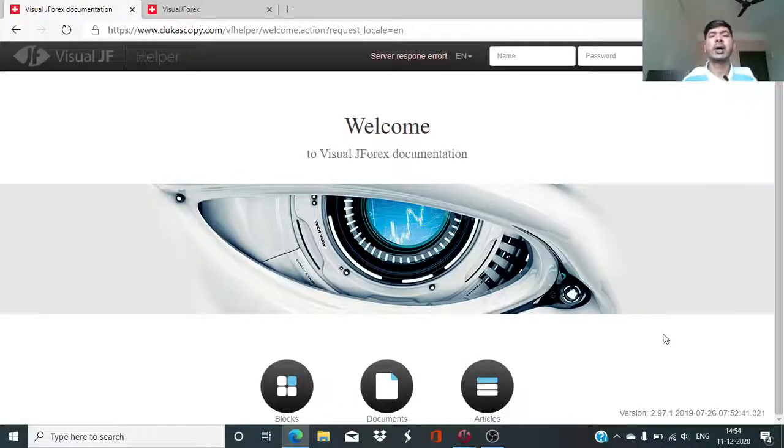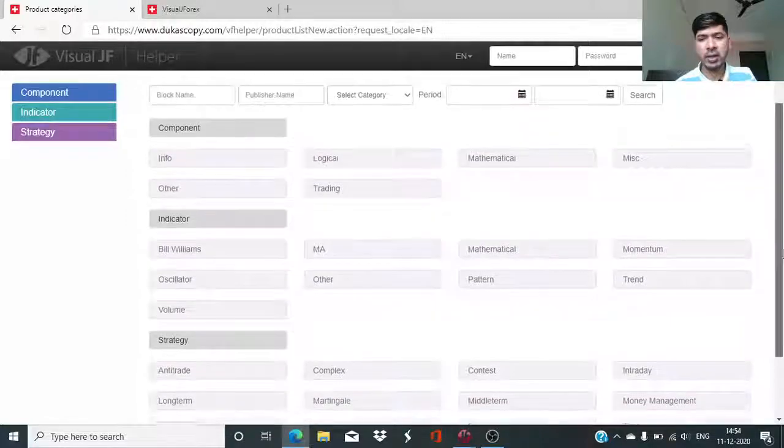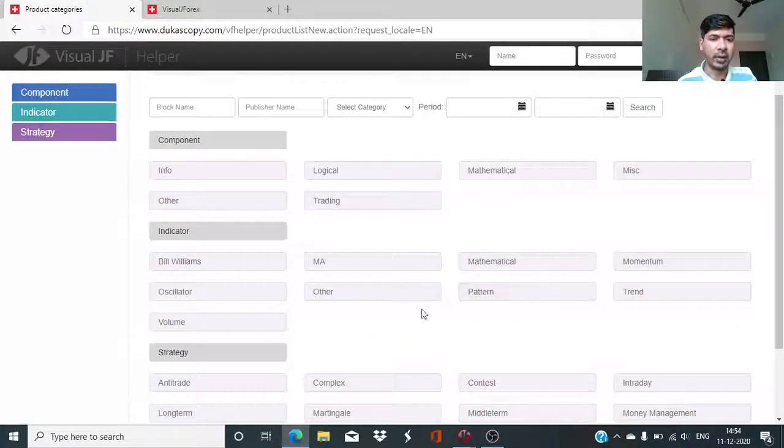Hello everyone, myself Vaibhav. In today's session of Visual JForex, I will be explaining to you the use of the indicator block named volume. This is a much used indicator and I hope you might be even familiar with it. In today's session, we will see how we can utilize this indicator and design and develop the automated algorithm using